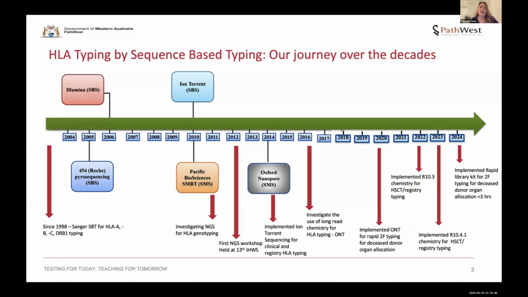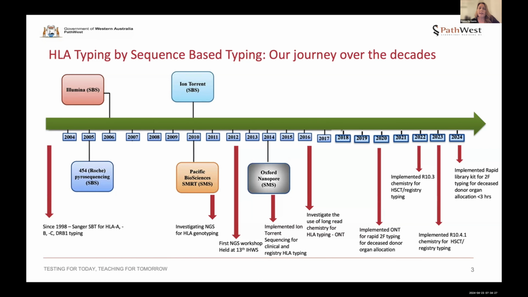So I thought I'd just start with a little bit about our journey over the decades and how our lab got to where we are today. In 2010 or 11, we started looking at short read sequencing, or next generation sequencing, for HLA genotyping. And that was just to overcome some of the issues that we already know existed with Sanger sequencing. And we were the first, or I was the first, to introduce an NGS workshop at the 13th International Workshop. And then we worked for a few years towards the implementation of